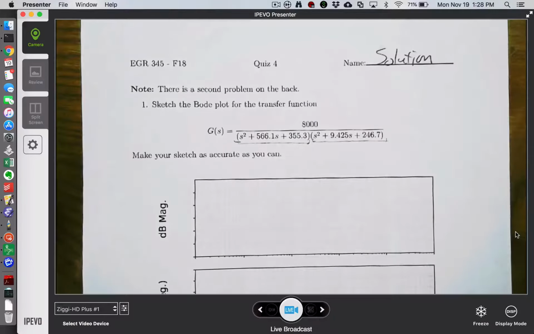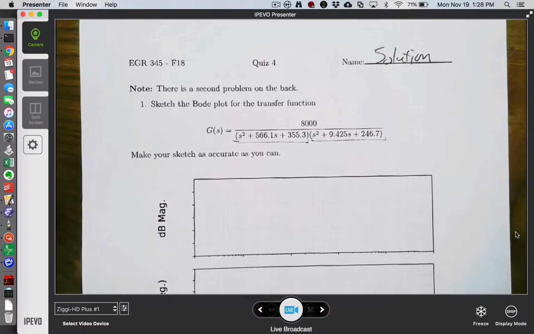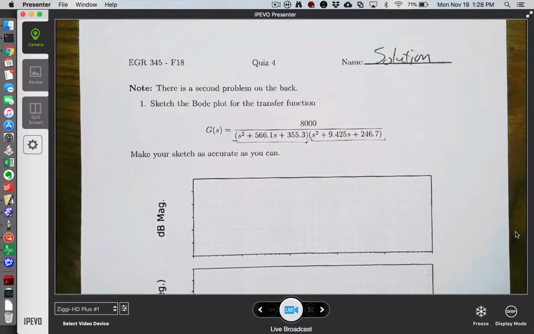This is Dr. Kraus. I'm recording a video of a solution to a quiz we just took in my class. We did not have time to cover this in lecture as I normally would, but I didn't know if this would also be helpful to other subscribers who are learning about sketching Bode plots, and so I'm just throwing this on my YouTube channel. If you're given a transfer function in this form, one incorrect assumption that students might make